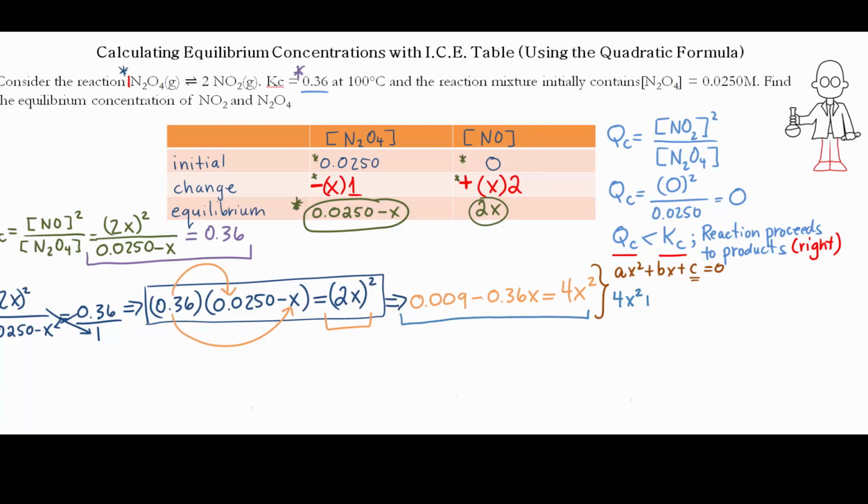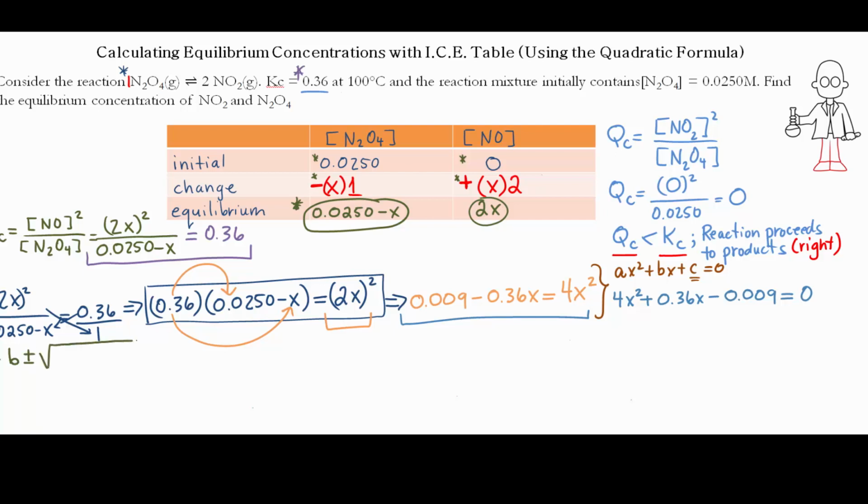If I bring minus 0.36x over, that's going to be plus 0.36x. And if I bring 0.009 over to that side, that's going to be minus 0.009. And I'm going to set that equal to 0. So at that point, I can now use the quadratic formula that says the opposite of b plus or minus